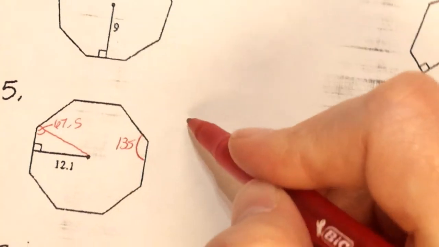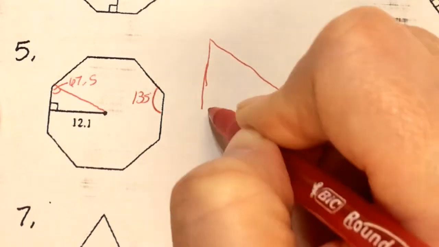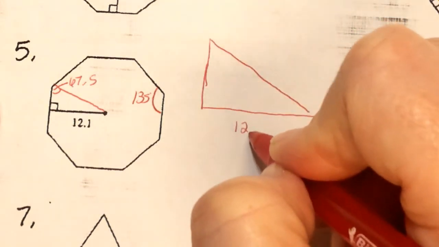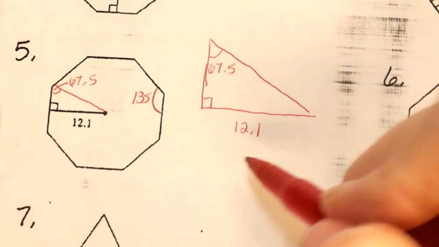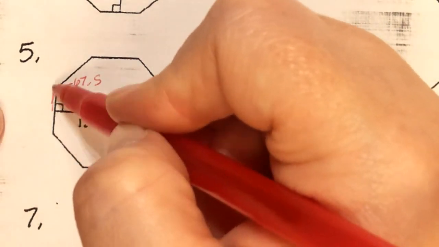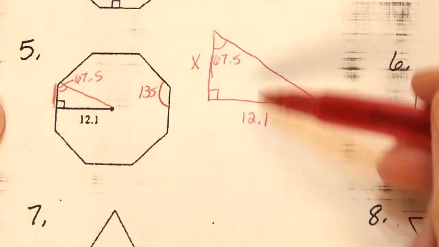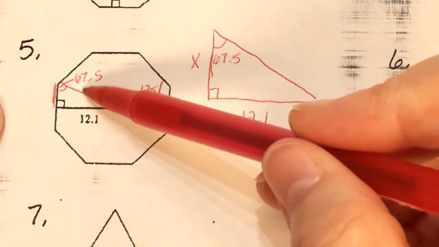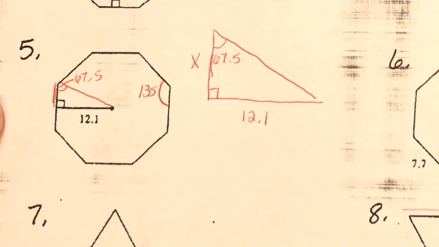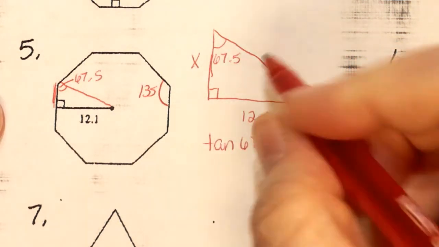I'm going to draw my triangle bigger just to make it easier to work with. So we have 12.1 here, a right angle here, and we just said this was 67.5. So in this case, we have our apothem, but we need this half so we can find our side. So this is our x. Remember how I told you, unless the problem gives you the radius, you're always going to use tangent. Sine and cosine are only going to be used if you have the hypotenuse, which is the radius in these. So we're doing tangent of 67.5, and it equals opposite